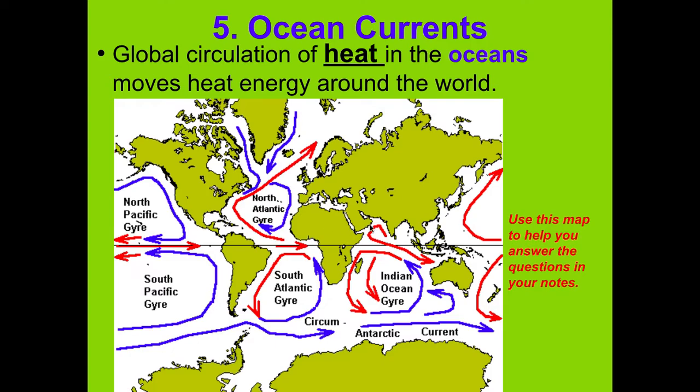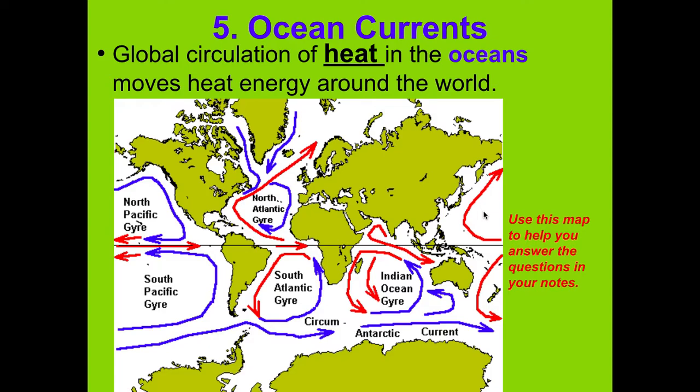So hopefully what you're able to see, this red arrow indicates warm water. I would expect this water off Japan to be warmer than this water off the coast of California, even though they're at the same latitude, so they get the same amount of sunshine. Because you have cold water coming down here from the poles, that makes that water colder. This water's warmer. Where does warm water tend to move?